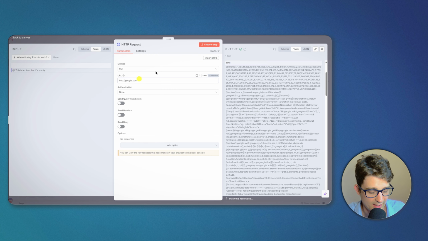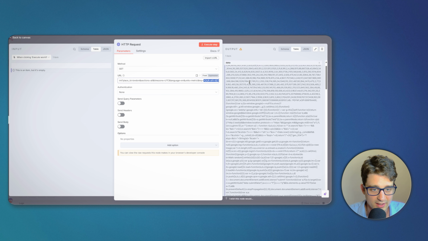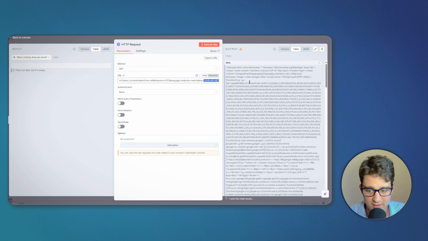So let's go back here and add this URL for us here. And what we can already do is just change this key to our API key. But as I said before, this is sort of a password, so we don't simply want to include it in our workflow definition, because then anyone can see it. And also we would have to put it in each time we are calling this API. So what we should do instead is remove this part with the key equals API key, and